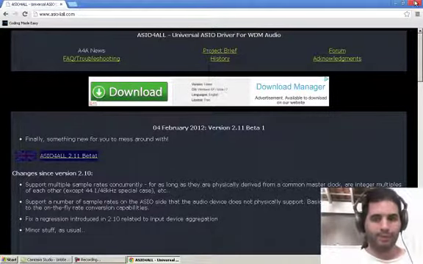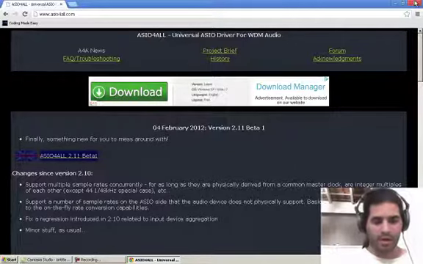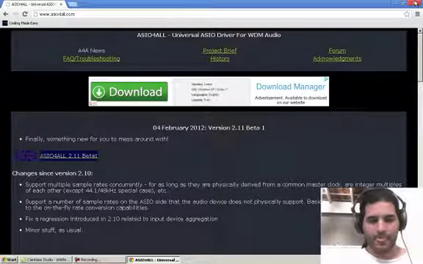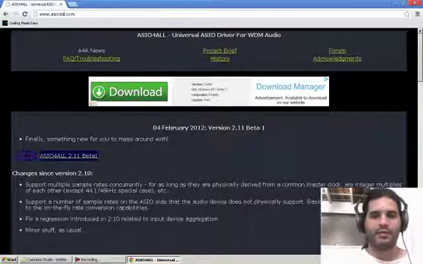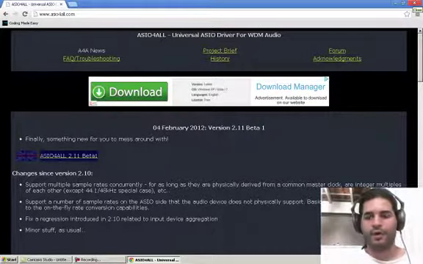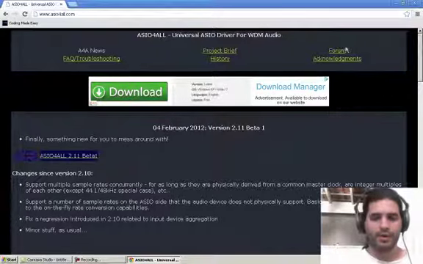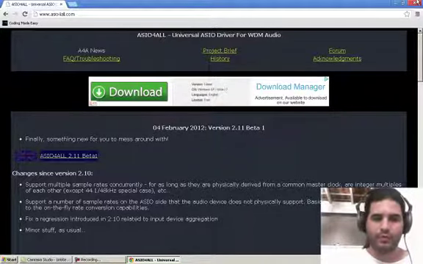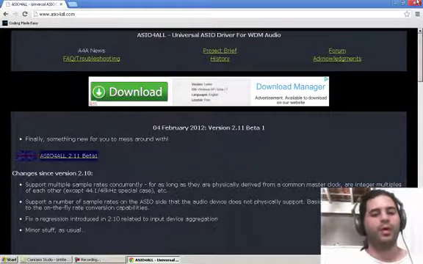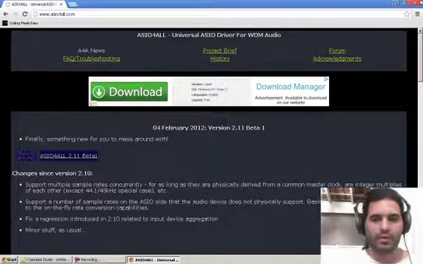We will not use live monitoring, but even for work without monitoring, the latency is just too big. You cannot really use it, and Audio for All is more stable to work like that. Okay, so download it, install, and restart your computer. After you did this,